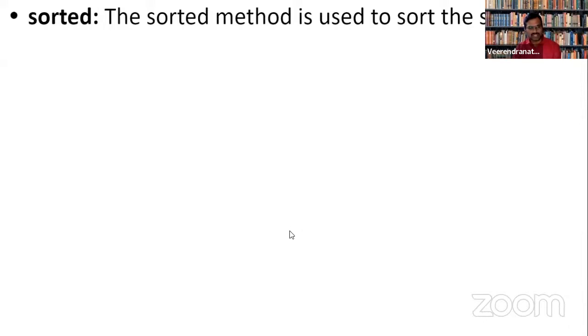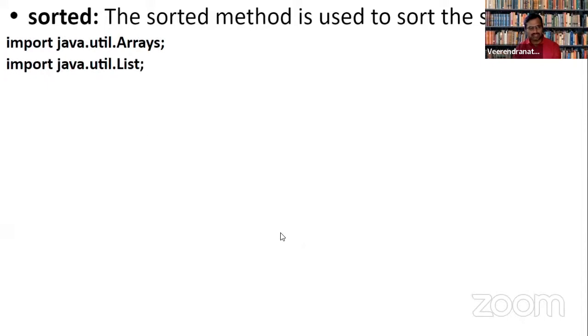So what exactly is sorted over here? Sorted is nothing but what is used to sort the elements. So import java.util.arrays. As I told you, arrays is a part of java.util. List is a part of java.util. Collectors is a part of java.util.stream.